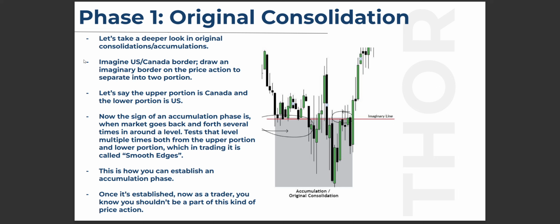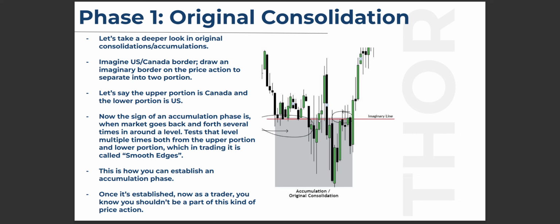Now what I want you to do is imagine the US and Canada border, right, the country. Now draw an imaginary border here. Draw an imaginary border on the price action to separate the two portions, right? Now I want you to think of the upper portion as Canada and the lower portion as United States, right? And the imaginary line is the border between the countries, right? Now what's important here is when you draw that imaginary line, you need to be able to see